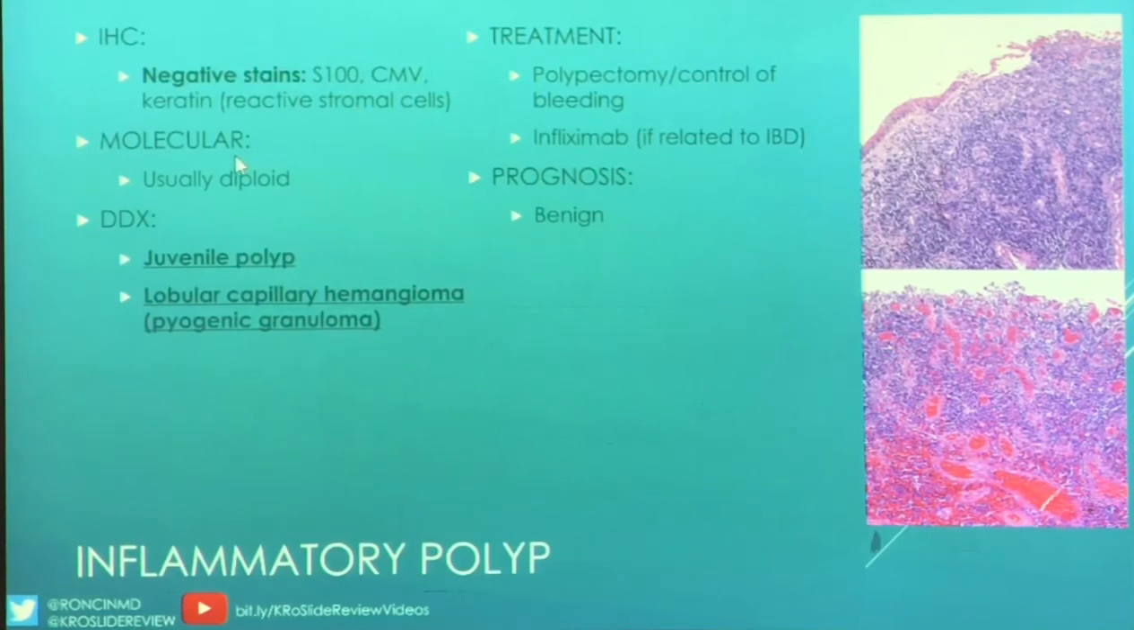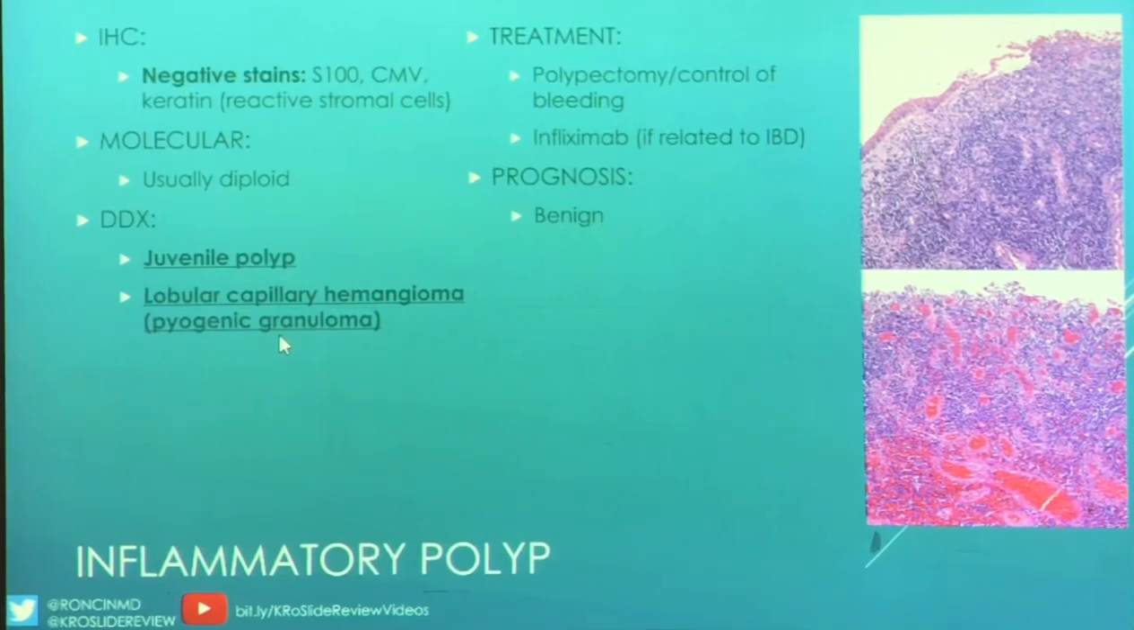And your molecular is usually diploid, so no need to do molecular. Usually you can tell what these are on H&E anyway. Your differential would be things like juvenile polyp. Juvenile polyps have extremely dilated crypts, and if they're associated with juvenile polyposis syndrome, you'd want to think about things like, is there adenomatous change, as well as pyogenic granuloma, and this would be related more to when you have granulation tissue,